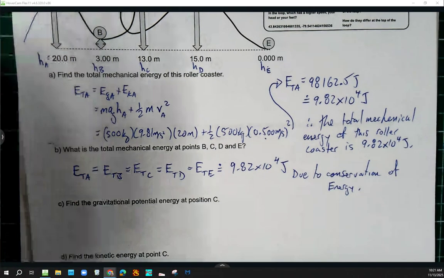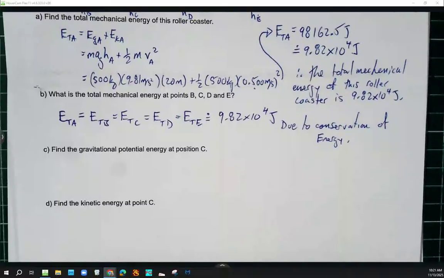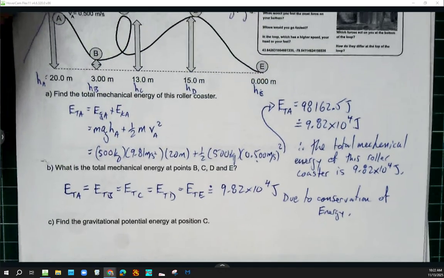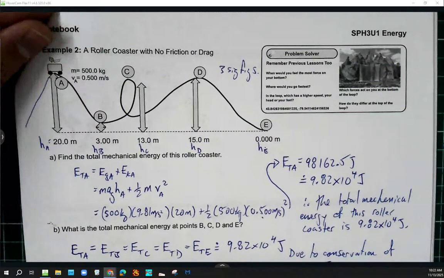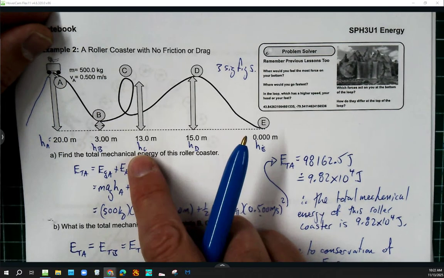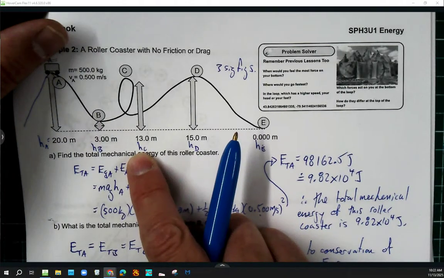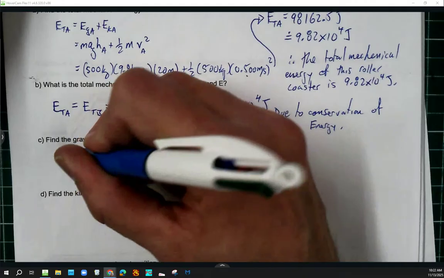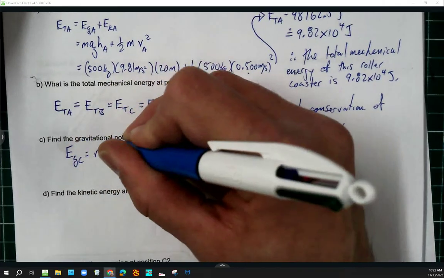Okay, and then part C, find the gravitational potential energy at position C. Well, I'm going to have to pan up the page here. Now, we've already written all these givens out. I don't think we need to write it out again. But at position C, I'm at 13 meters above the ground. So we're going to come down here. If I want to calculate gravitational potential energy, EGC is equal to mass times acceleration due to gravity times height